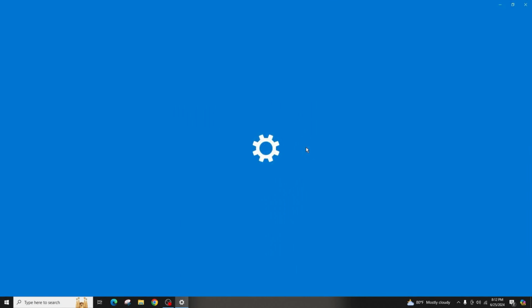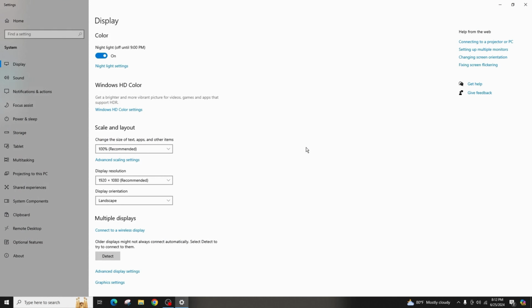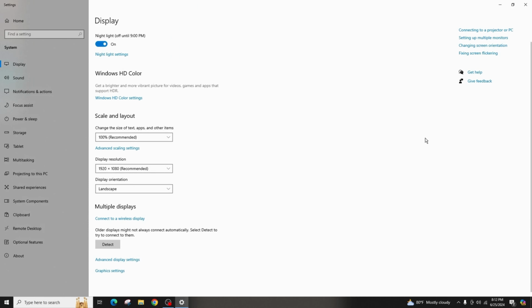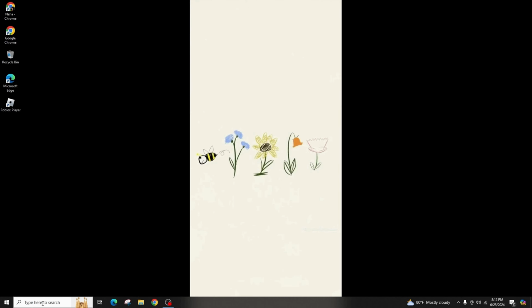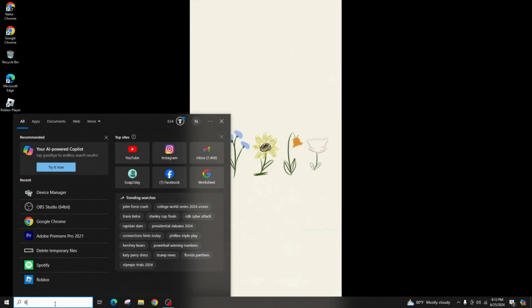If the issue persists, right-click on your desktop and select Display Settings. Scroll down to view your current resolution, which mine is set to 1920 by 1080, so you can also adjust it accordingly. Close the window, then click on the search bar and type in regedit in order to open